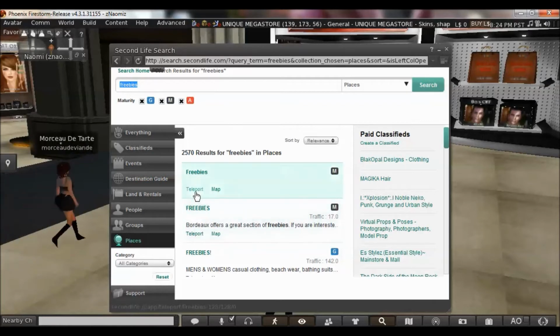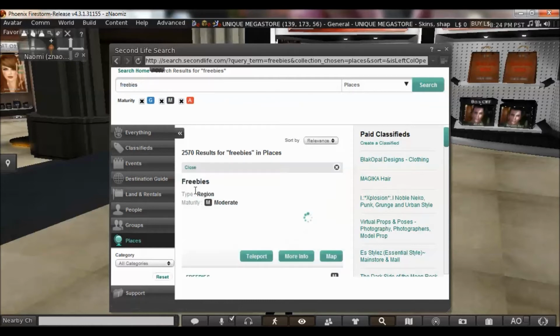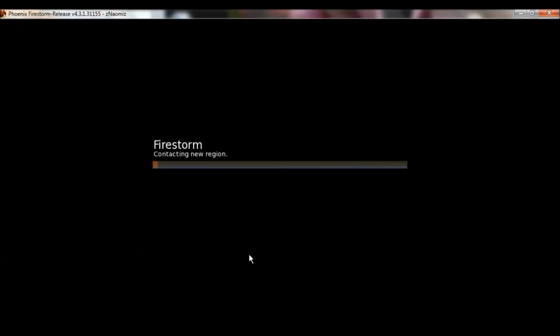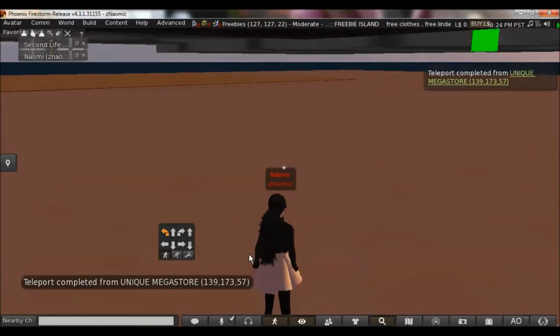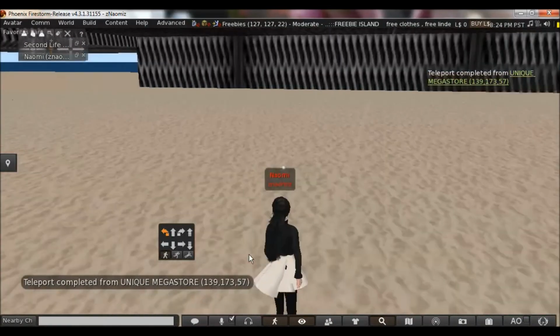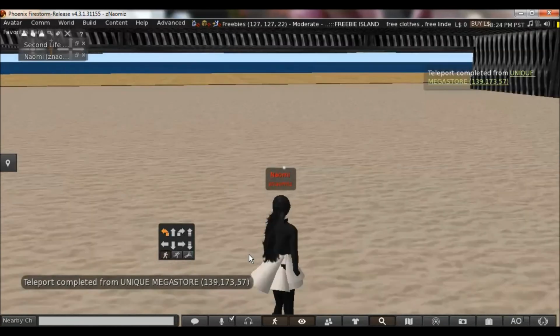And look, we get some freebie places that we can teleport to. So let's see what we can find. This is definitely one of those things that you're going to use often. I still use it, though I have stores that I do frequent often. I do try and look for different things, because there are clubs, there are different things that are